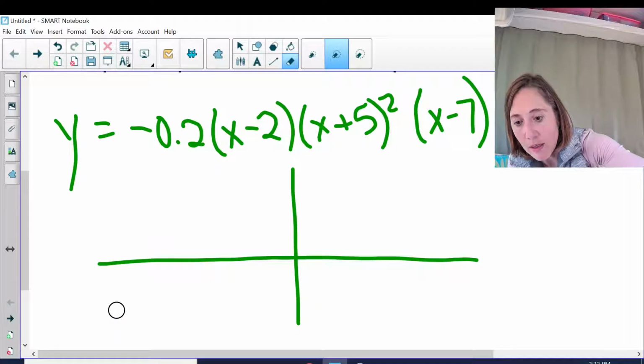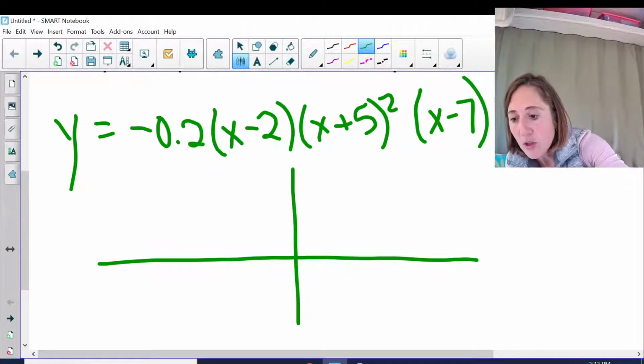I don't know what that green mark is down there. Let me get rid of that. Okay, so